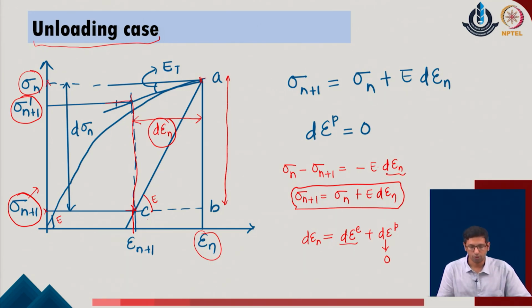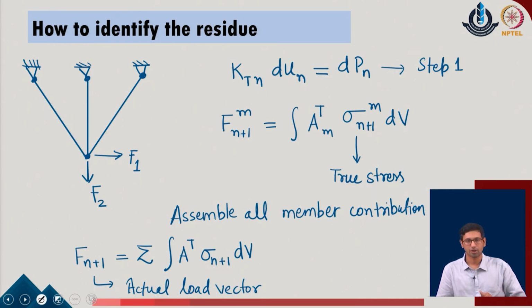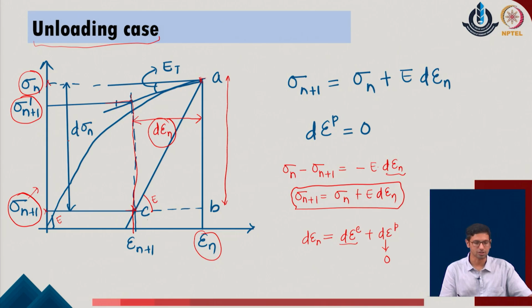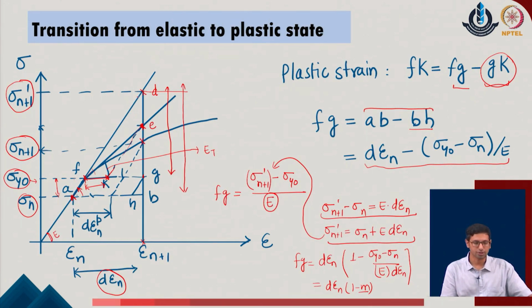Now, knowing these profiles, we move on to see how the iterative schemes utilize these criteria in the given analysis. As a first step, we must know the way to identify the difference or the error in the given system. Now, why does it become important? Because if you see all these differences which we have just discussed, we are defining the error everywhere with respect to the differences in the stress level.